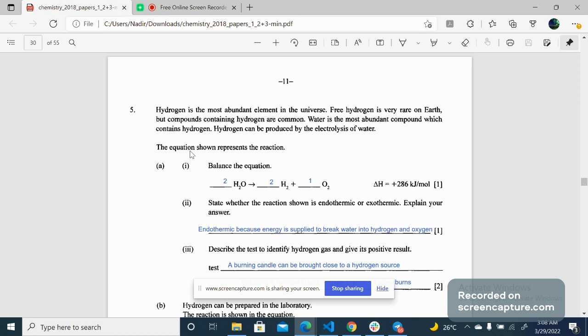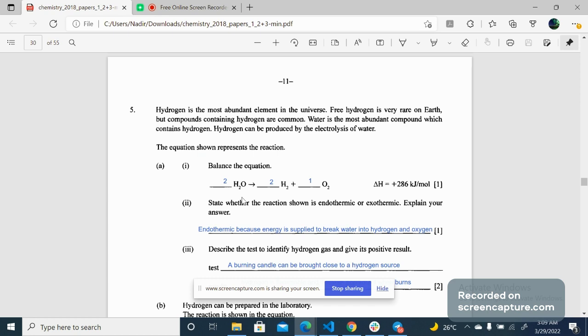So this is the scenario, and the question is also giving us an equation, and we have been asked to balance the equation. This is the equation which is the electrolysis of water. H2O, water, is the reactant, and the arrow says this water is electrolyzed, separating into hydrogen and oxygen. Or we can say that water is being broken into its building blocks, which are hydrogen and oxygen. So here we have the blanks, and we just have to balance it.